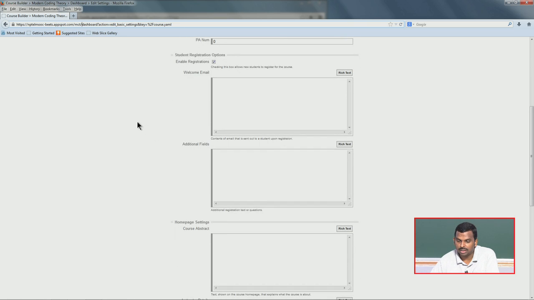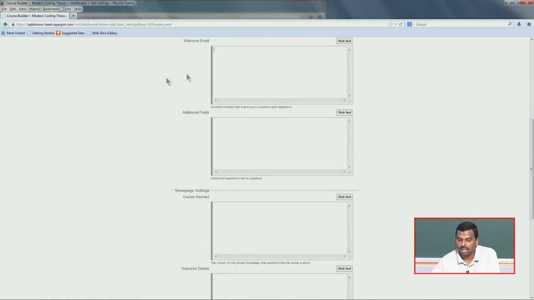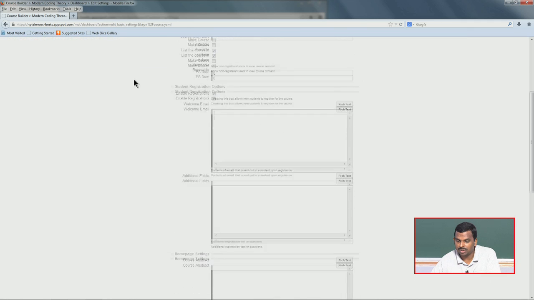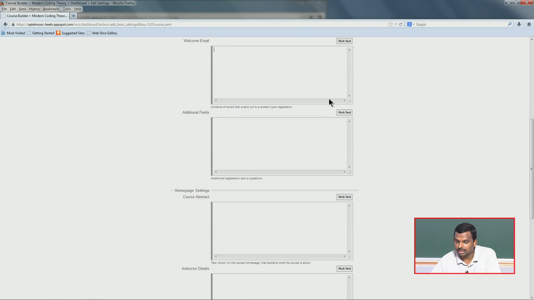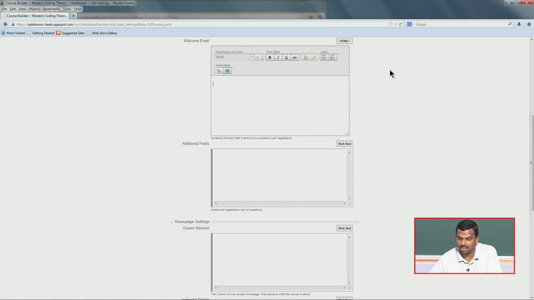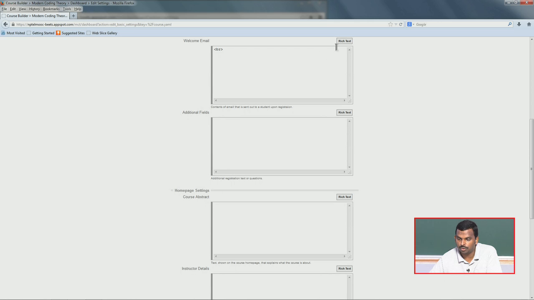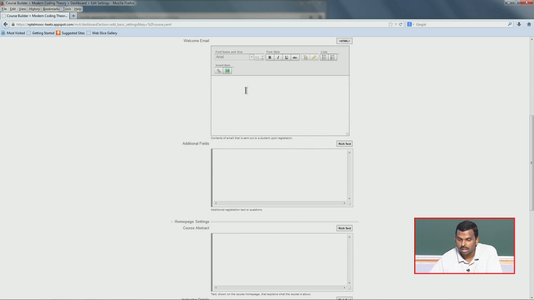And then there are a few things. First thing is welcome email. So, how do you edit these things? That is the other thing I should tell you. Each of these are text boxes, and they normally expect HTML input. If you do not like HTML input, you can also enter it in rich text. Notice it says HTML here, if you click on this, it will go back to HTML. If you want rich text, you should say rich text. Now this is rich text and you can edit it as rich text.